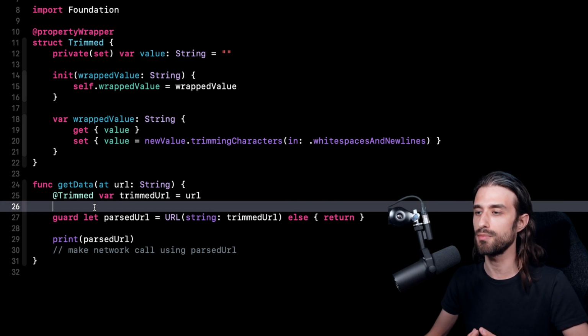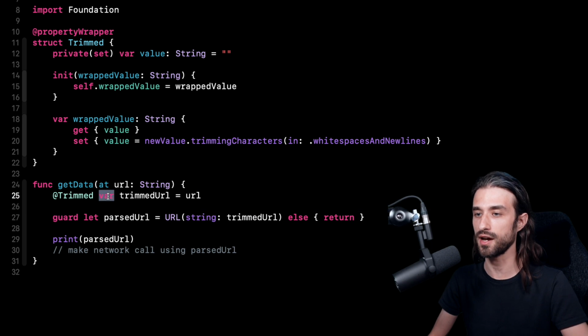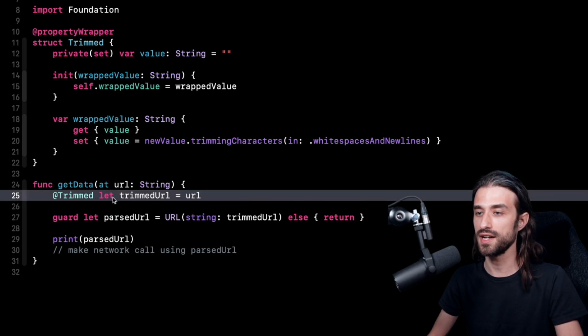If you want to try this code, you might want to try it in a project and not in a playground. So this is kind of nice because we've been able to encapsulate our business logic in a property wrapper, but still we can see that there is some room for improvement. First, since we are using a property wrapper, we are forced to declare our variable as a var. If I try to mark it as a let, I'm going to get a compilation error because it's actually not allowed to use a property wrapper on a local constant.